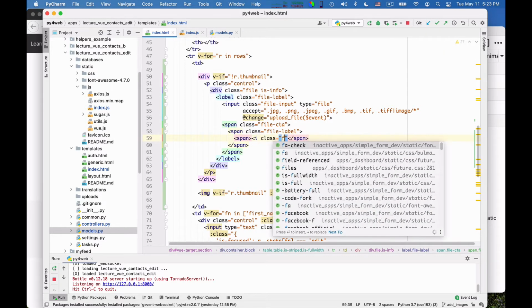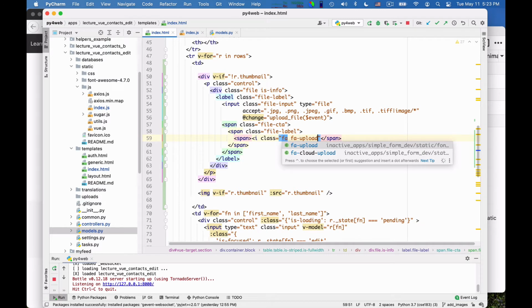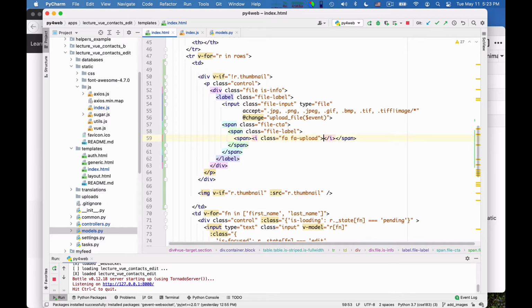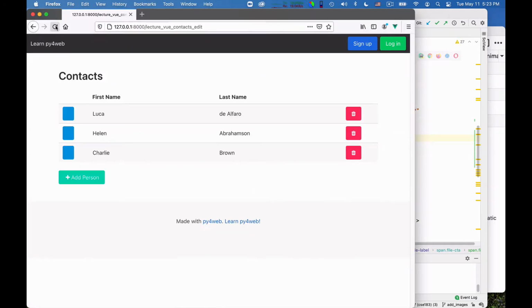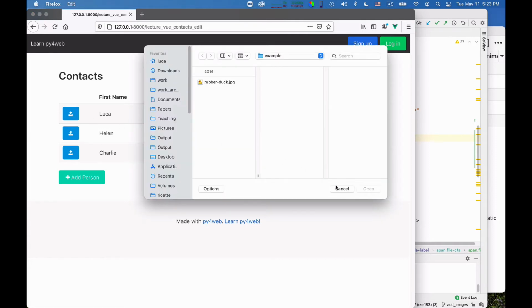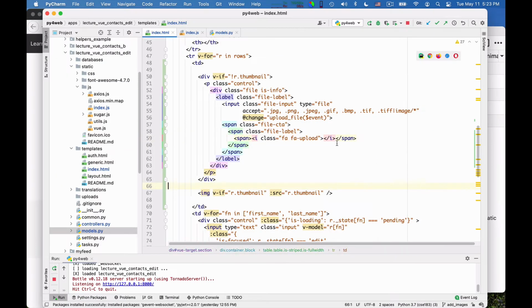Class is equal to fa upload. Okay, let me see whether this works. Yeah, good enough. Okay, so this will be file selector, so they might even work. Yes. Okay, now there is no